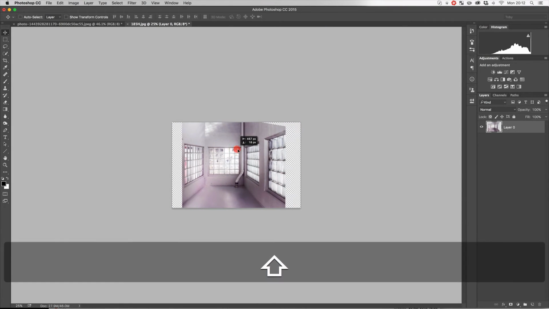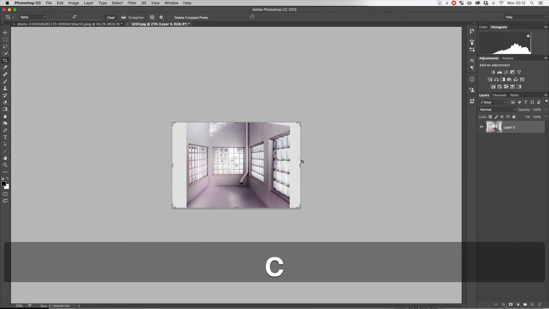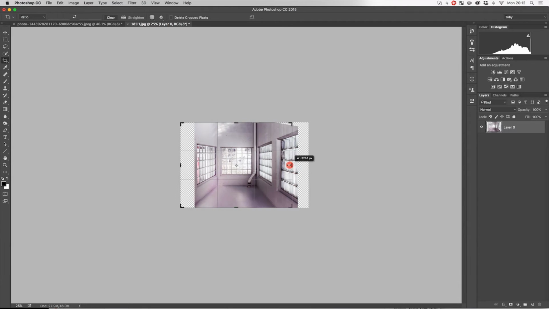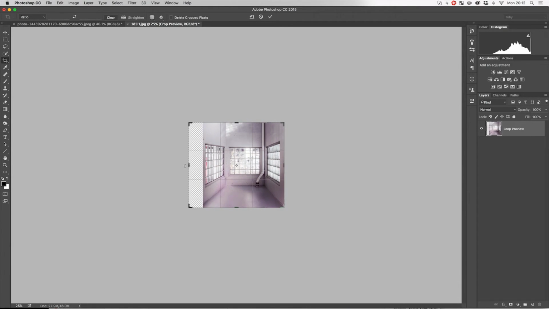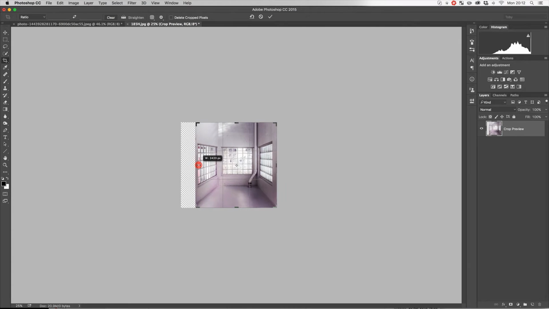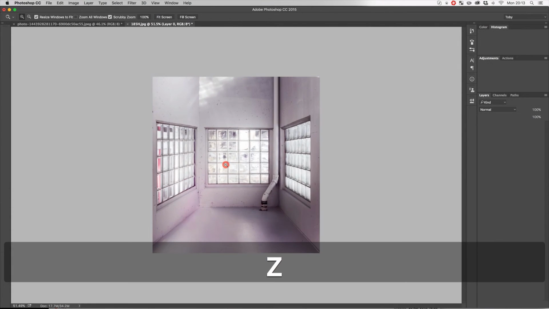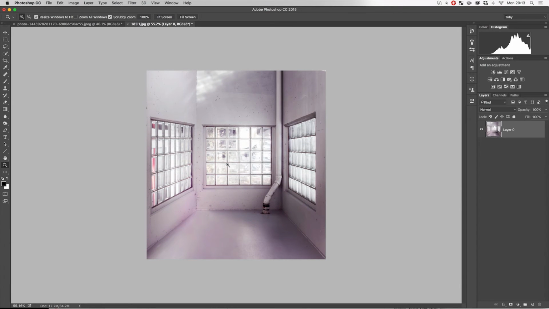And here we go. So we've now got our image, and what we actually want to do, I think, in this case is we're going to crop it in. Now, sometimes it might be better to do content-aware fill and fill in those edges, but I think in this instance, cropping is what we wanted to do. And, you know, it's not perfect. It's a little bit distorted in a couple of places,